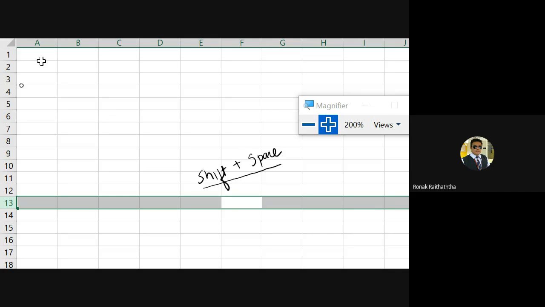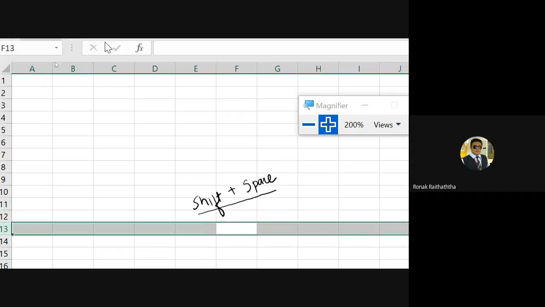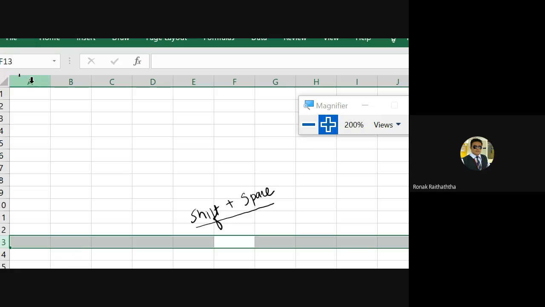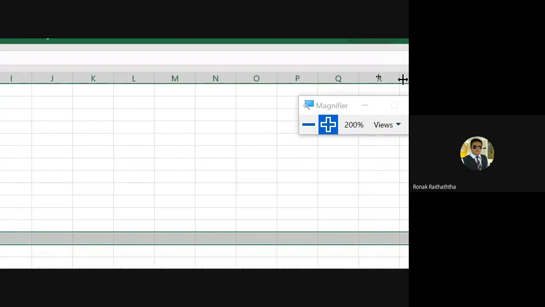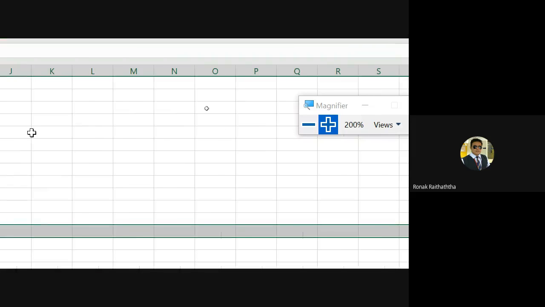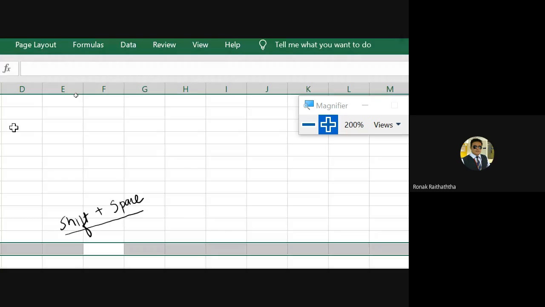Okay. In a similar fashion, if we want to select an entire column, which is represented by the alphabets over here, starting from A to B to C to D, and various other alphabets are written. After Z, obviously, some of the people would be questioning me, sir, what will be after Z? Then it will start with 2 digits of alphabets, say AA, AB, AC, AD. Accordingly, after the 2 digit series is over, it will start with a 3 digit series.